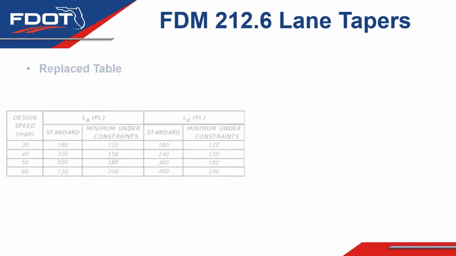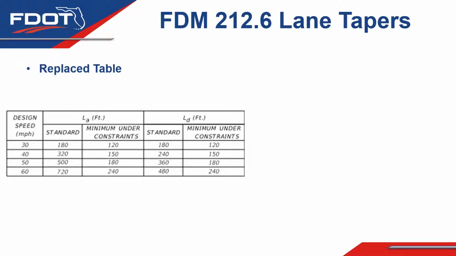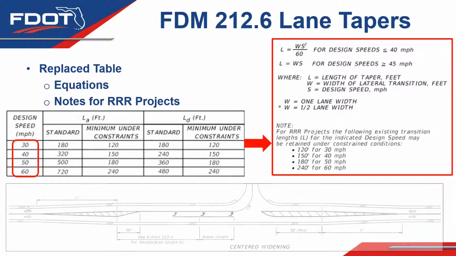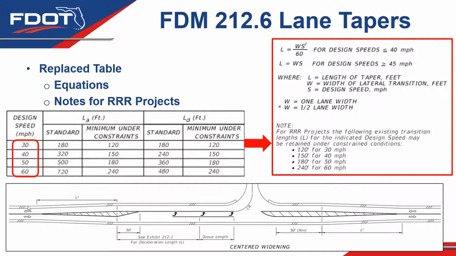The table with lane transition values was replaced with equations and a note. This allows the designer to simply calculate the lane transition lengths for any design speed within the allowable range of design speeds. The old table only provided values for design speeds from 30 to 60 mph and did not include all the possible design speeds for arterials and collectors, which range from 25 to 70 mph depending on the context classification of the roadway. These lengths will also vary depending on the lane width, which varies based on context classification